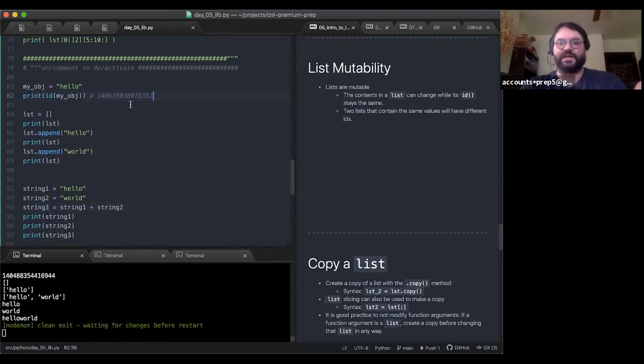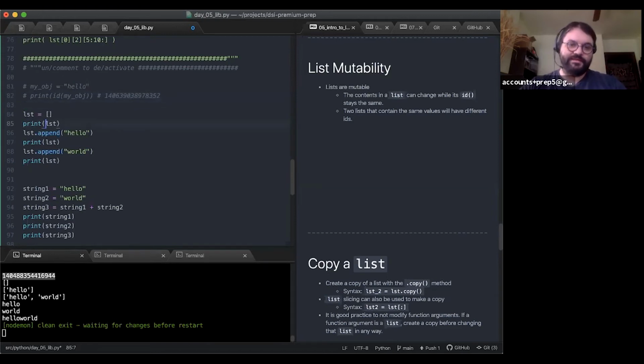But for any given time running it, it's going to give me back the same number, right? For that attempt at running it, right? So as long as the program is running, it has that ID in memory.